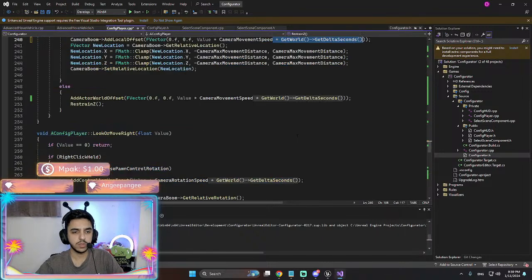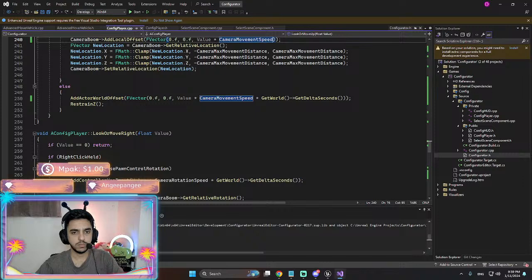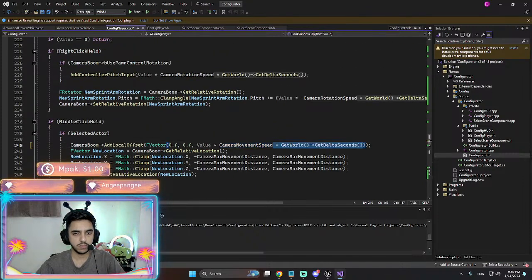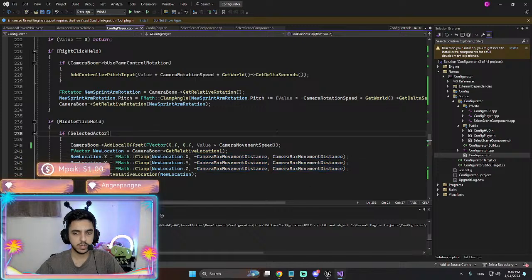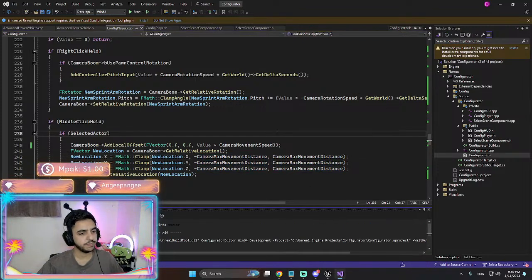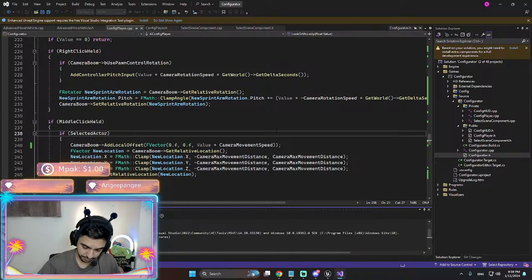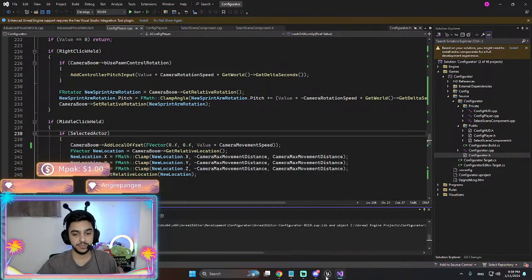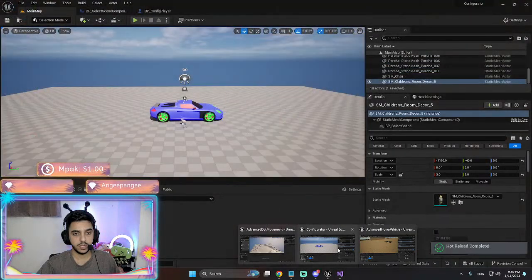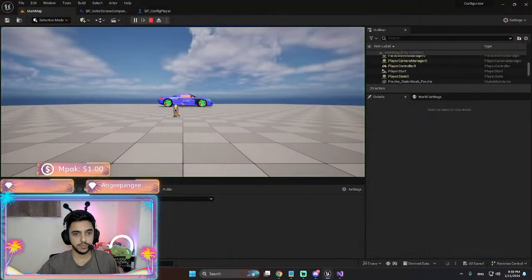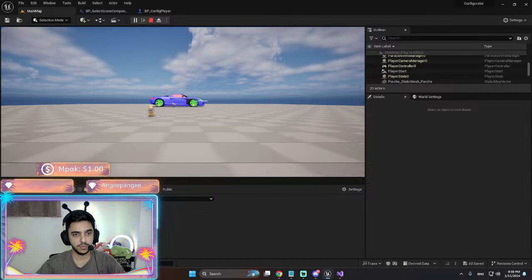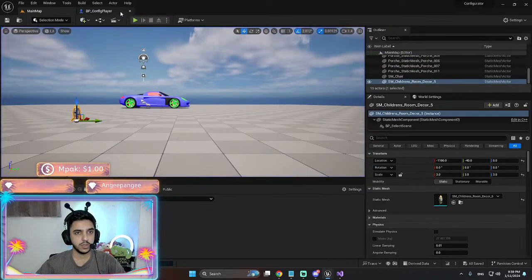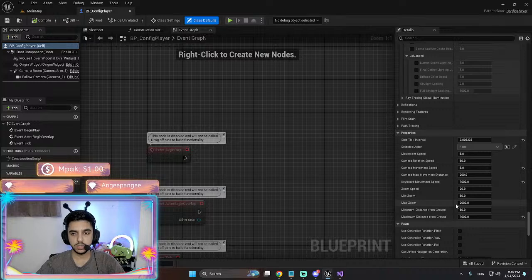Oh shit. Yeah, I would like to know what happens if I remove it. Yep. It's weird. Wait, it didn't work?